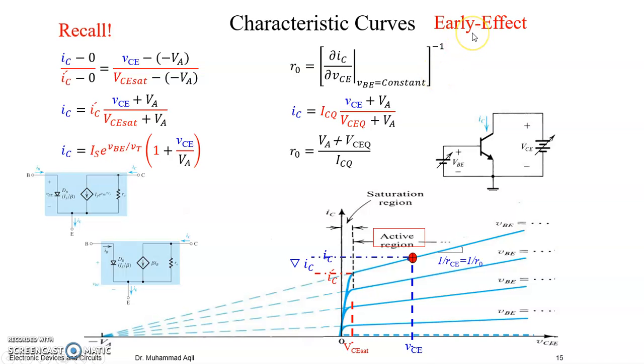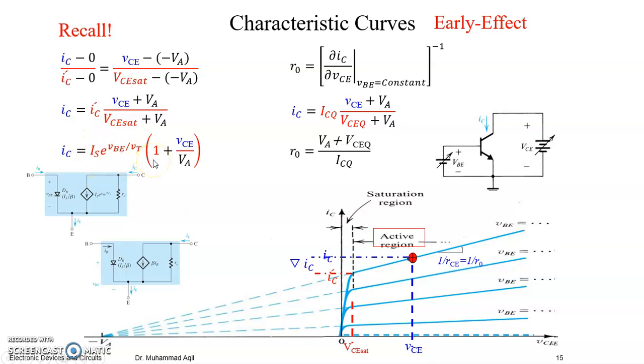Recall the early effect, how you have modeled it. You saw that you do not have a constant collector current when you make your collector base junction reverse biased. It also depends on the collector to emitter voltage. And you use the effect of these curves as if they are extended to the negative side, and they meet at a point, minus VA. We use this point and the Q point which we already derived or biased, so we can use our bias point and the transistor property of early effect, and we can have an output resistance, if we consider the early effect in our collector current